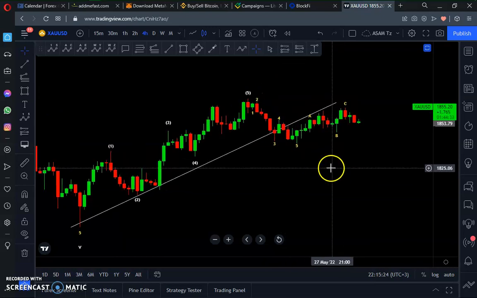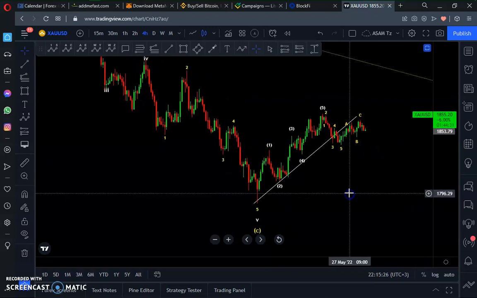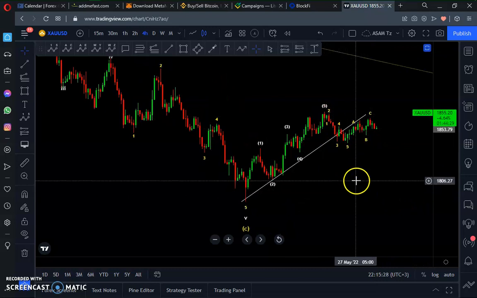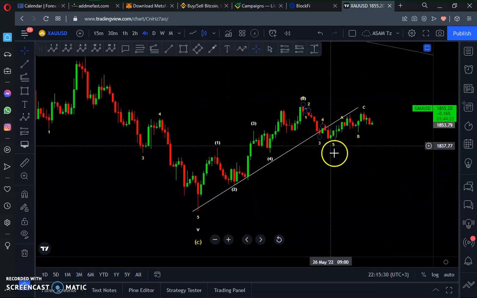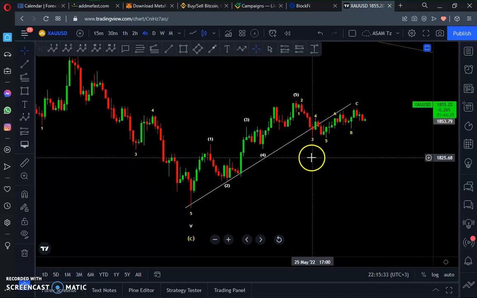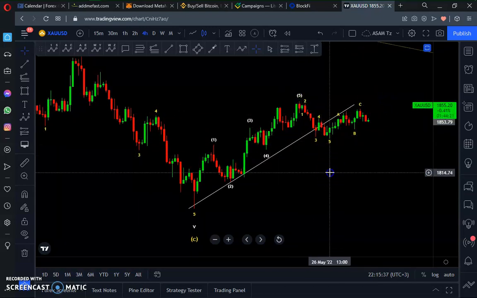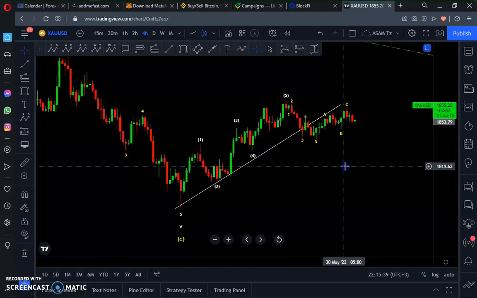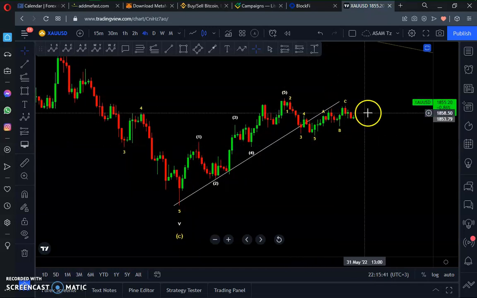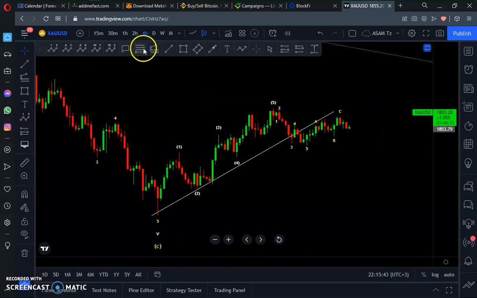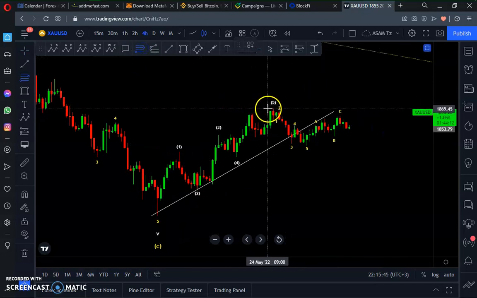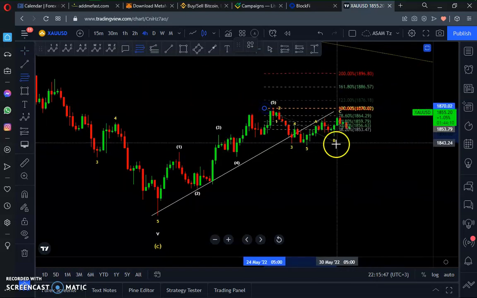So if it has started the 5-wave move against the direction of the major trend, this is just the beginning of a correction. If it's the beginning of a correction and it has already moved to the upside in a corrective mode, correcting the previous 5-wave move down, I think this correction is already completed. We have to run the Fibonacci tool to identify exactly if this has already completed.